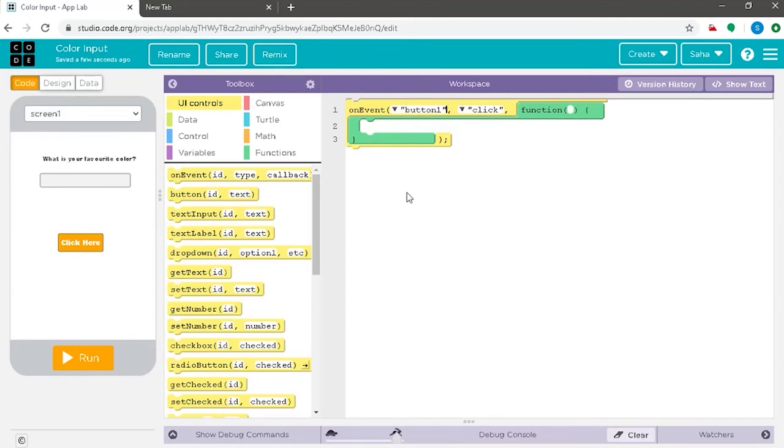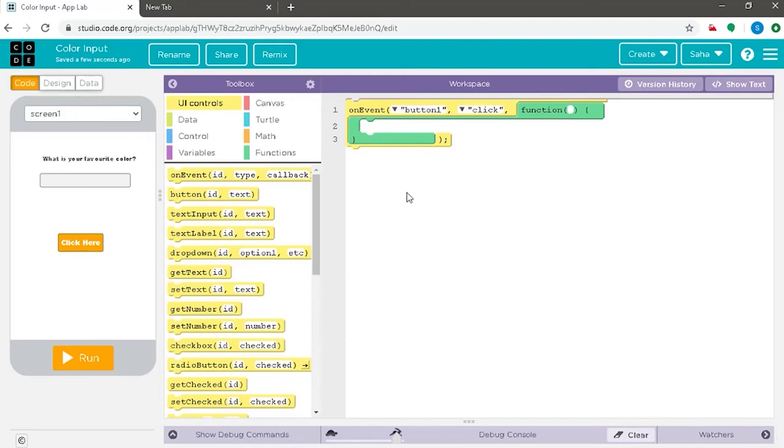So the on event command says that when button 1 is clicked, all the instructions included in the green block are going to be run and function. So our next commands will be included in the green function block, so as to enable those in the visualizing section. So as you can see, our next command should be, can you guess what it can be?